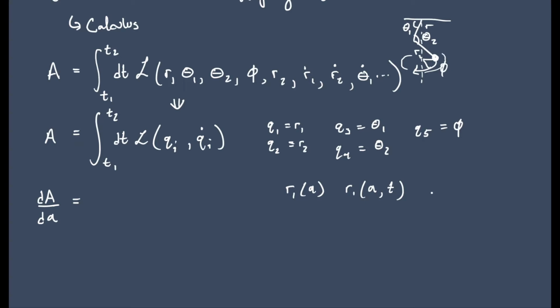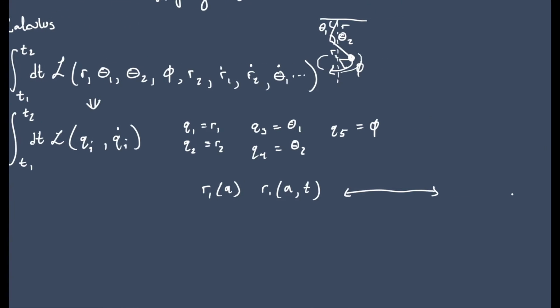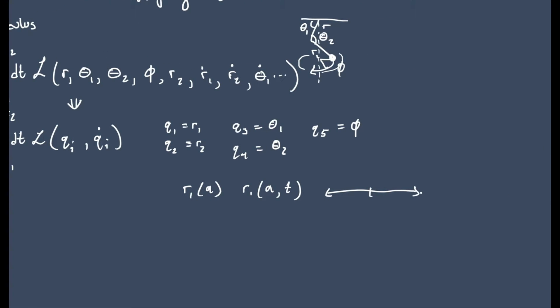Okay, so again, a way you can imagine this is that we have some line here of the real numbers, and here's 0, and here's our value of a. We take this and we put it into this function here, and we get a value for R1. So say a was 1. If a was 1, we put that into here, and R could be 1 if a is 1. R could be 2 if a is 2.